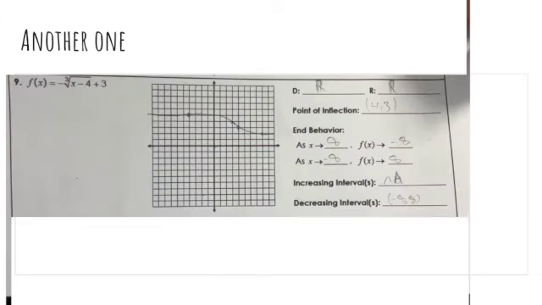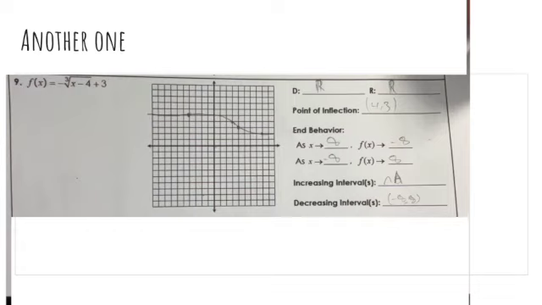Another one. F of x equals negative cube root of x minus 4, plus 3. So I didn't show the table here on this one, but as you can see from the first example, that's what you should do. So the domain would be all real numbers, and the range would be all real numbers as well. The point of inflection would be (4, 3),